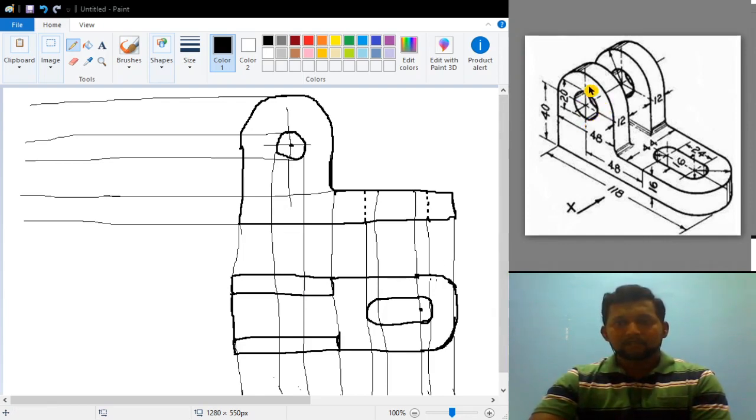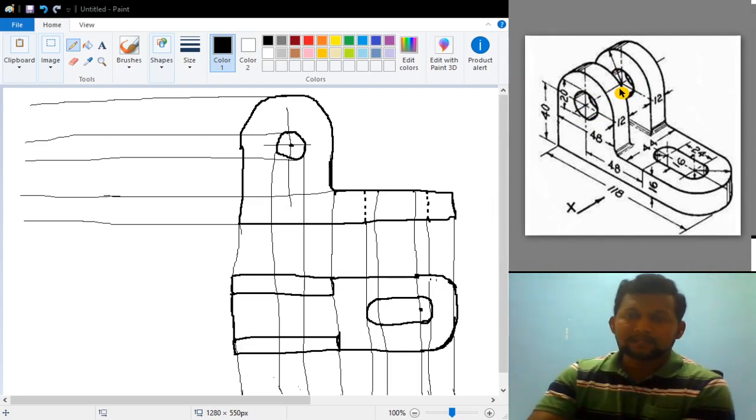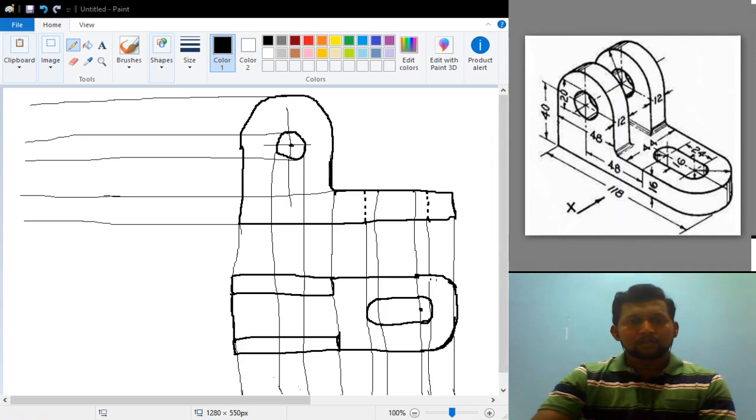For the circle. When you are seeing this isometric view from the top, you will not be able to tell that there are circles in these two semicircular blocks. Circles are there actually, but in the top view you cannot see those circles. So that's why you have to represent them as dotted lines. From the front view I have clearly taken the projection lines for the circles. So inside these rectangular blocks, for those projection lines of the circle, I will give the dotted lines like this here,